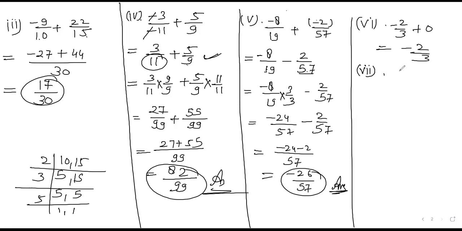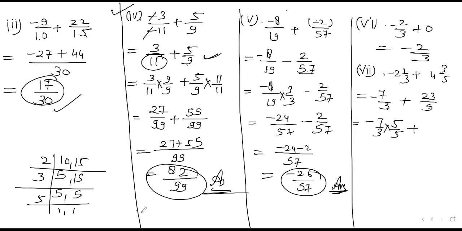And the seventh part gives you minus 2 whole 1 upon 3 plus 4 whole 3 upon 5. So it will simplify, that is 2 3s are 6, 1 is 7, so 7 upon 3 with the negative sign, plus 5 4s are 20, 23 upon 5. Now look, 5 and 3 are not divisible by each other, so you will use this concept. 3 is multiplied and divided with the second one, and 5 with the first one, means the first rational number I am simply talking about, because it will help us.